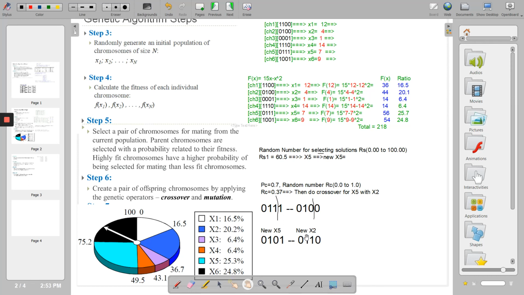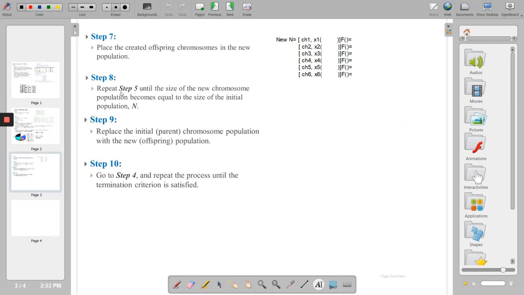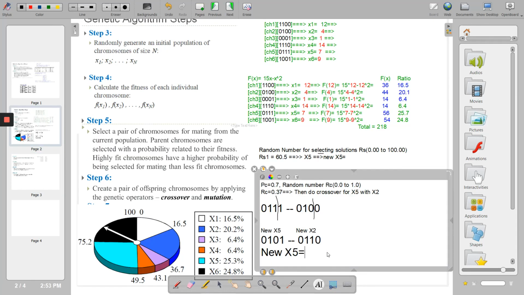Some people add both to the population, but here I want to improve x5. So the new x5 equals 0, 1, 0, 1. Okay, so I will have this new x5, which is 0, 1, 0, 1. So let's say I will move now to step number